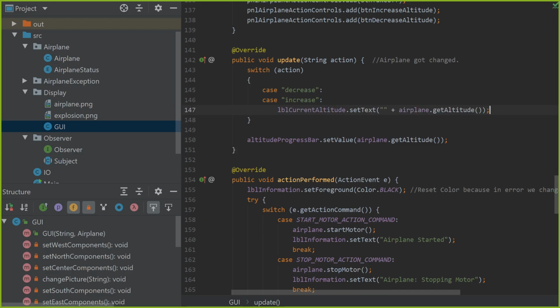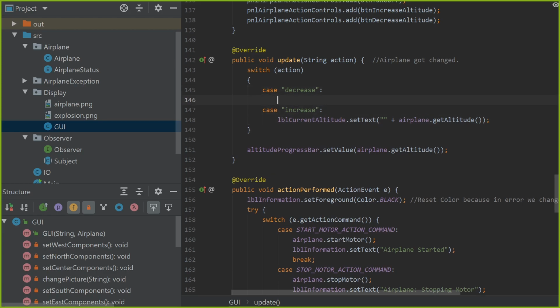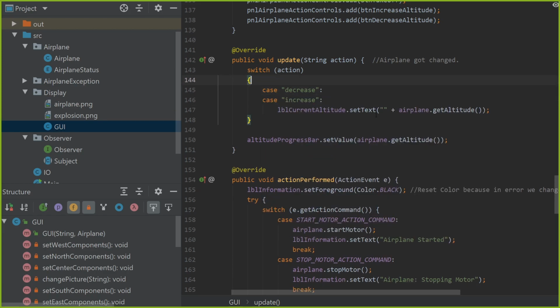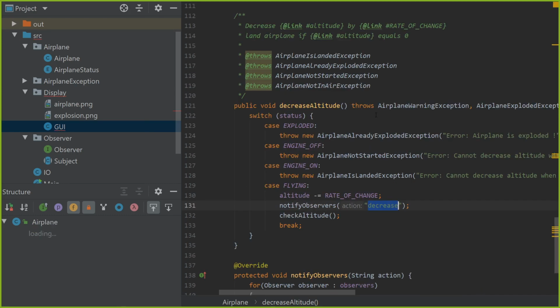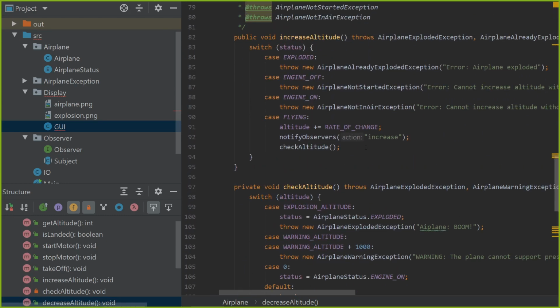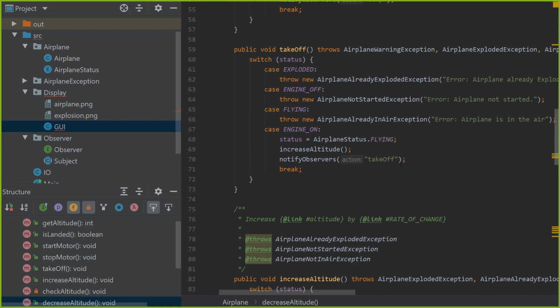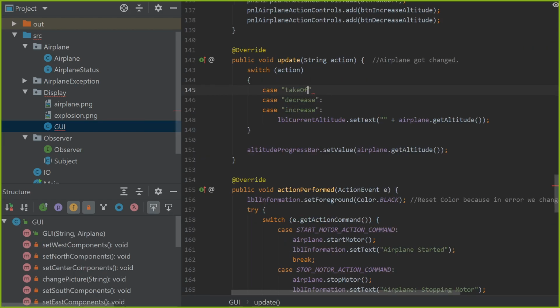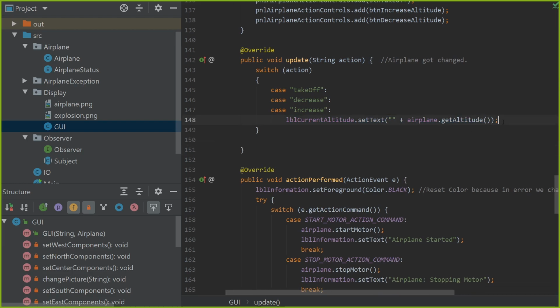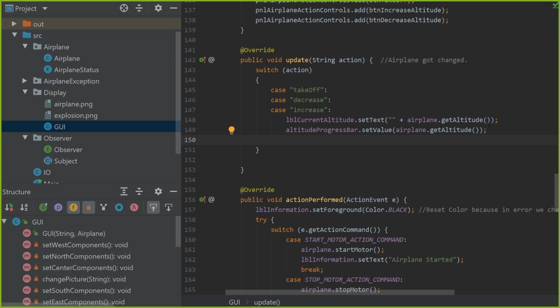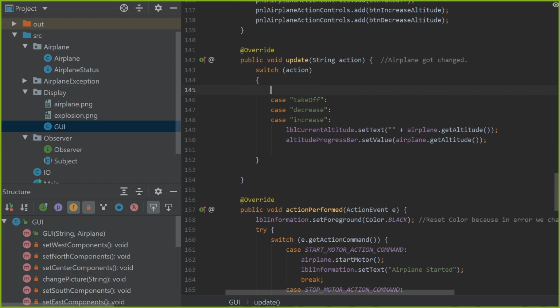change the altitude, right? In the case of, actually let's put that a bit higher. In the case of decrease, increase, what else we have? Takeoff. We could also change the altitude, right? In all three cases, the altitude would change, so this is a good part. And at the same time, we could also put it in here, right? In the case of, let's say,